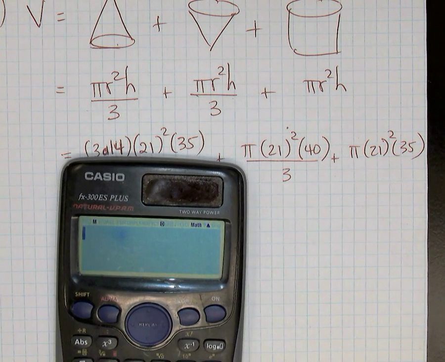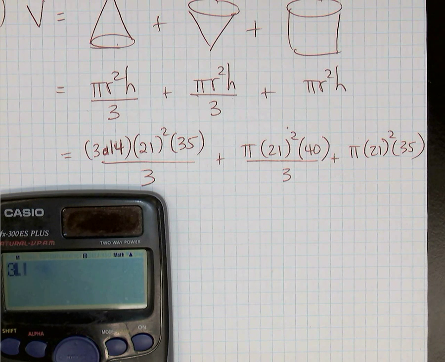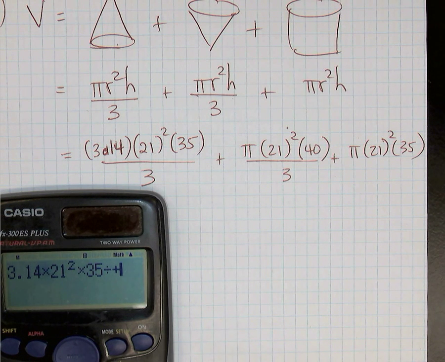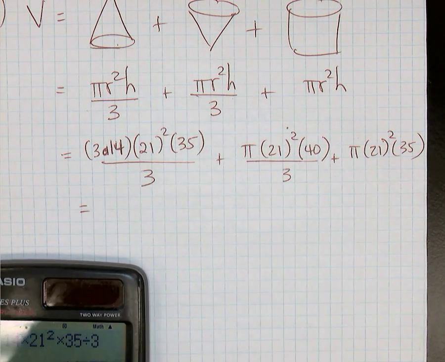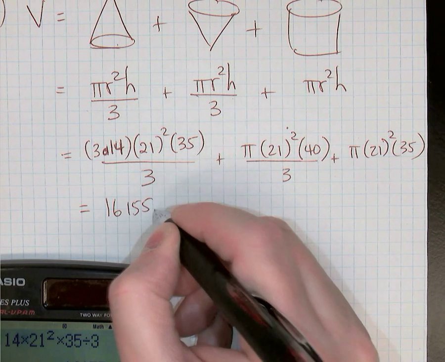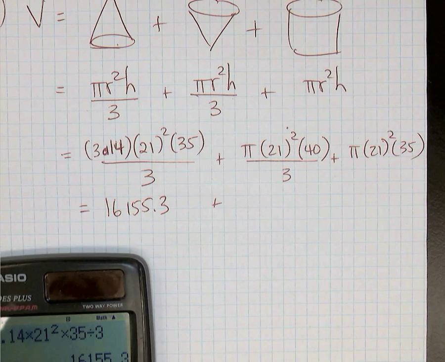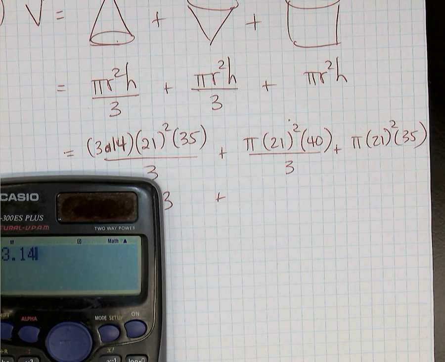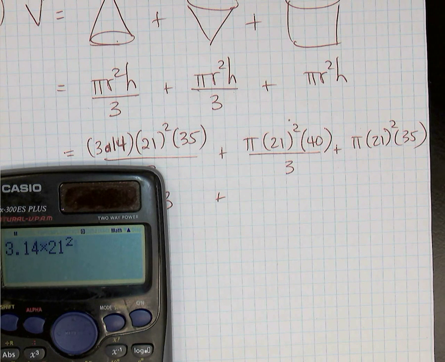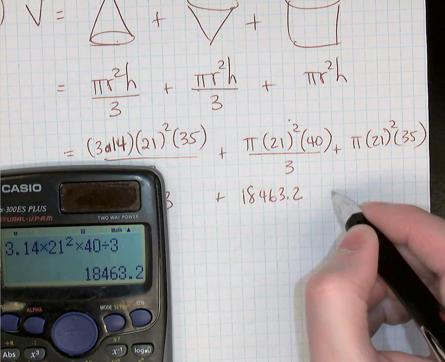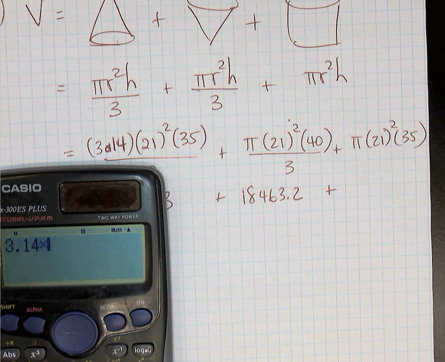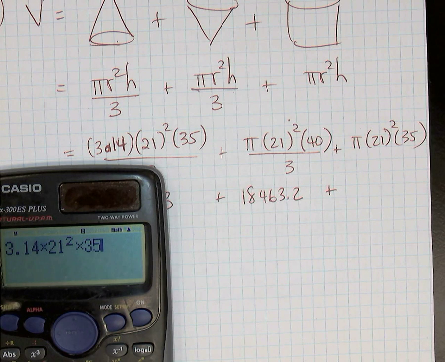So grabbing a calculator, we can find each one if we want. So 3.14 times 21 squared times 35, divide by 3. Oops. Try that again. 3.14 times 21 squared times 35, divide by 3 equals, for now I'll just keep some extra digits here, 16,155.3, then we'll round it off properly at the end, plus pi times 21 squared times 40, divided by 3, 18,463.2, plus pi times 21 squared times 35 equals